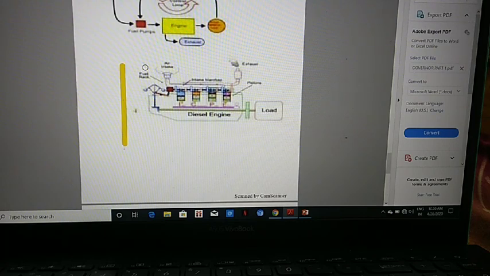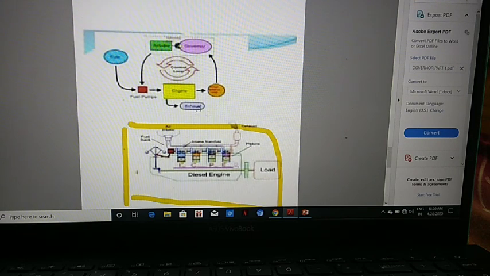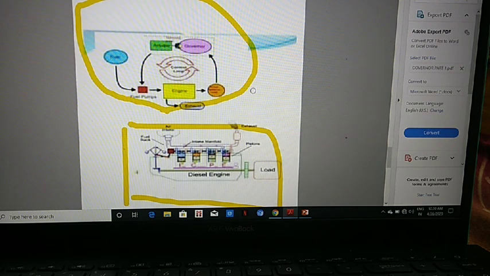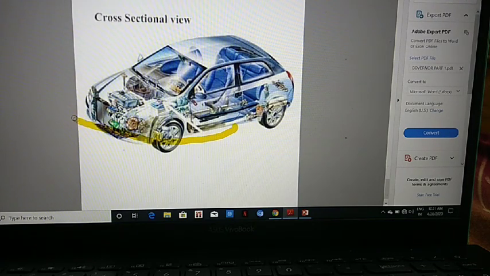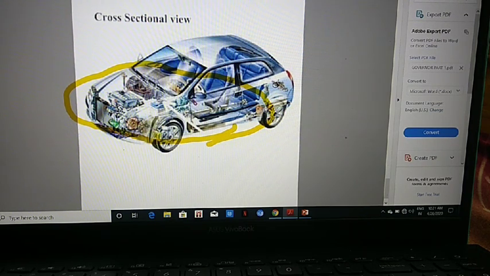We have seen here that this is the engine, and this is the looping system. This is the engine, and now it is the governor. This is the most important part, the governor. From the engine, if the load increases or decreases, a signal is sent to the governor so that it will cut off or increase the supply of working fluid through the fuel pump. Here it is the fuel pump, so that the engine again will operate at the required speed and reach the maximum efficiency. This is the cross sectional view you can see in a diesel operated car. So this is the cross sectional view of a governor when it is used in the engine.